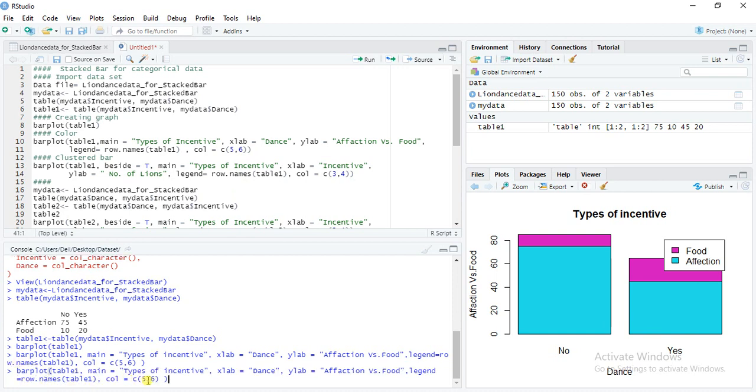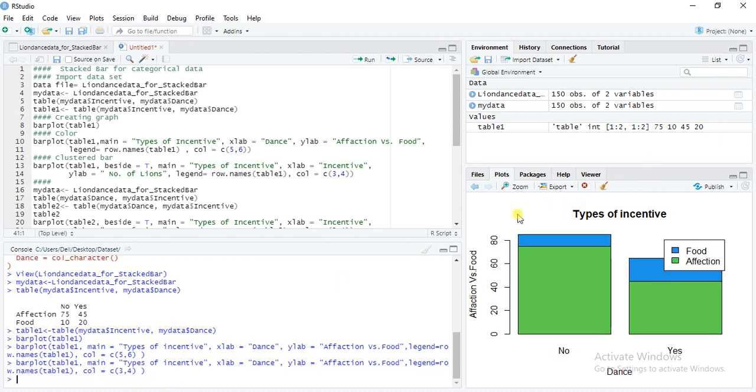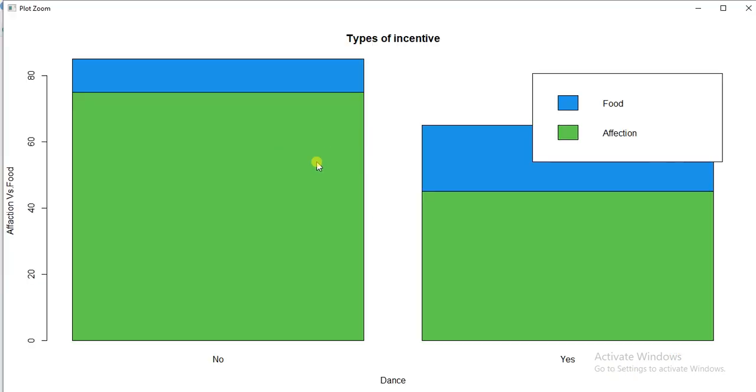The script is the same, only I am changing the numbers to 3 and 4. So the color scheme will be different, everything else will be the same. So this is our graph. Types of incentive: food showing blue and affection showing green.